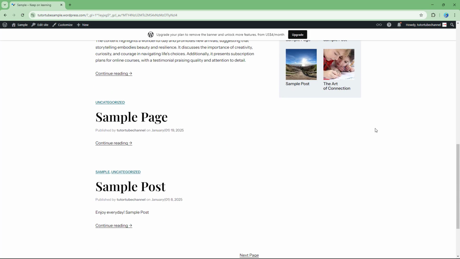So that is how you can go ahead and search and use themes that support full site editing inside of wordpress.com. So I hope you guys learned something as